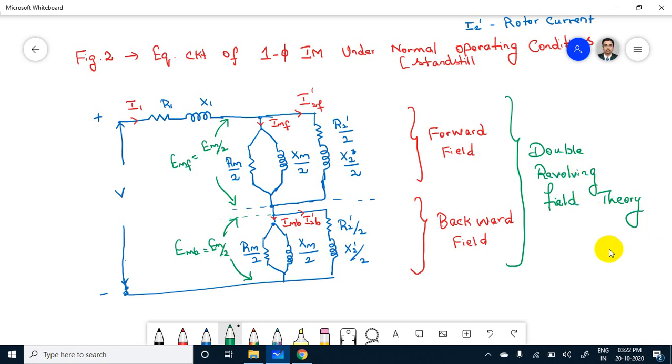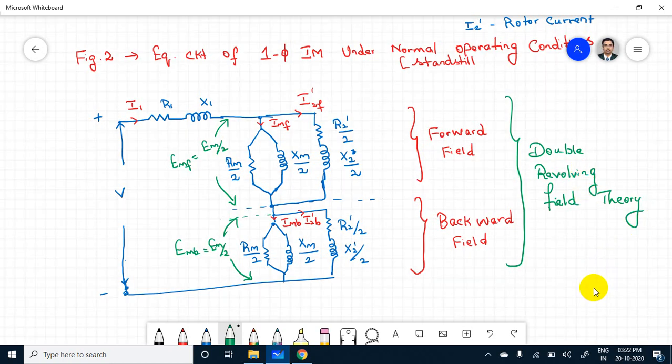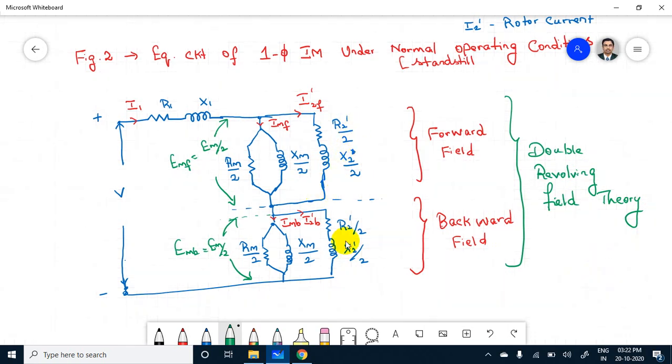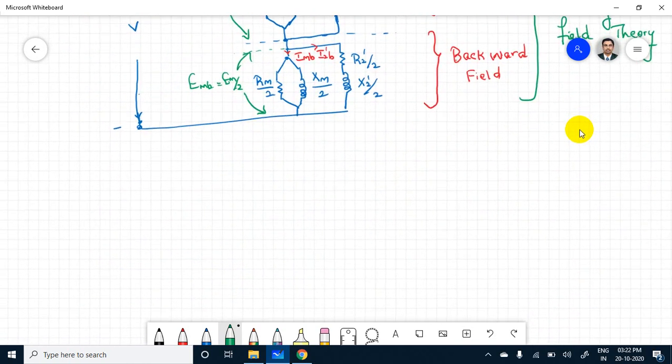Okay, double revolving field theory. Now by using this theory, we have separated the magnetic fields in terms of two. One is forward, another one is backward. Okay, now